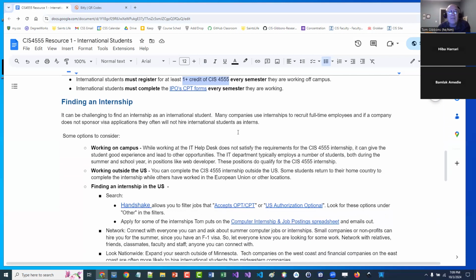Let's talk about the challenge of finding an internship then. There are a couple options. And why is this more challenging for international students? Well, one of the challenges is that many companies use internships as a recruiting tool for full-time employees, and many companies do not sponsor visa applications and so will not hire international students as interns. The reason is, you do not need sponsorship to do the internship, but you would afterwards if you're hired